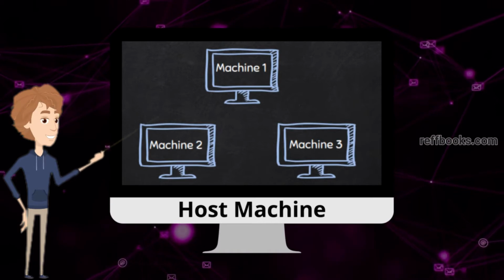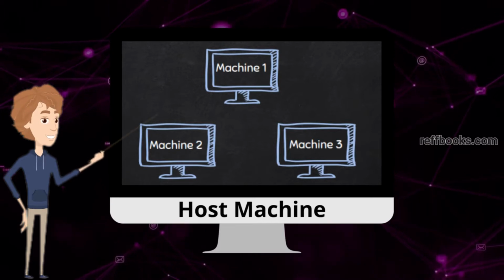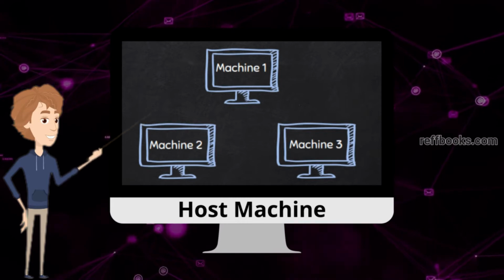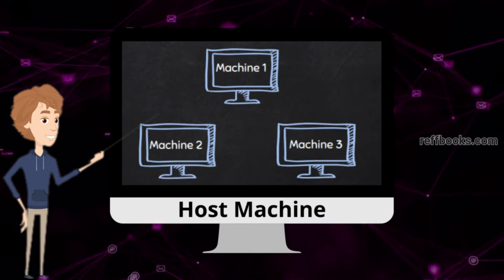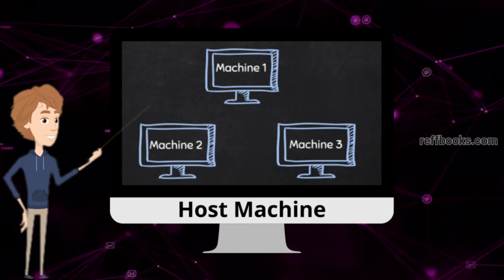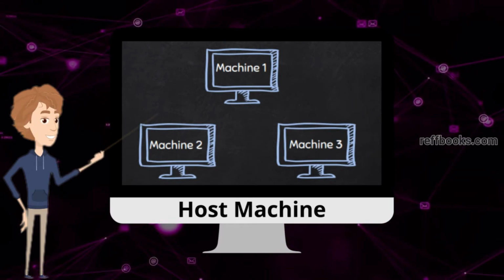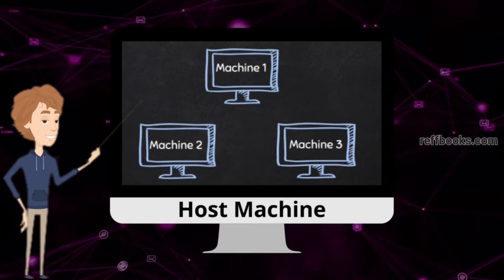A virtualization software allows us to create a number of virtual computers inside your main computer. So we can have 3 or 4 or 5 or 10 computers all installed inside your main operating system, inside